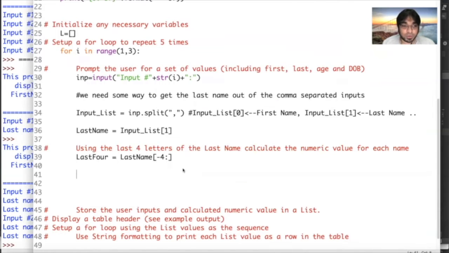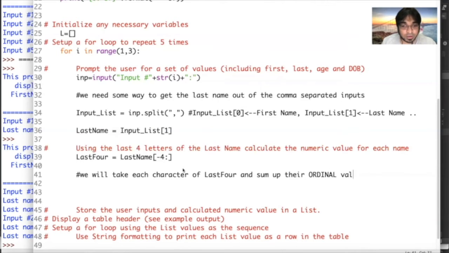So this is one way of doing this. We are going to take each character of last 4 and sum up their